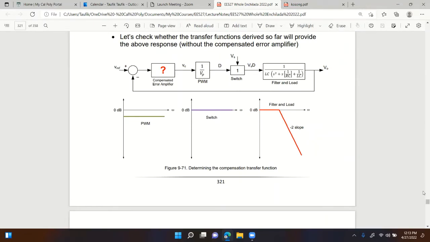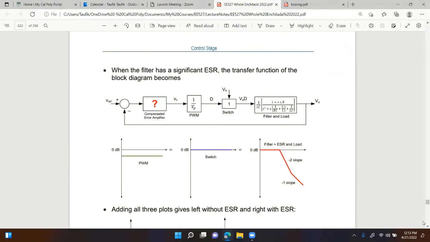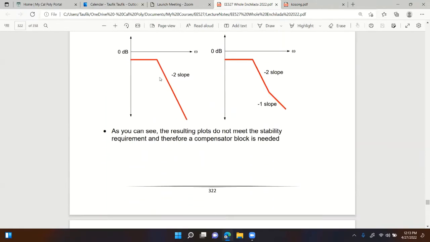So just with the three blocks right there, the PWM, switch, and filter and load, you will get something like this, right? Without ESR, you can see that the high gain is met, which is low gain, right? But the low frequency, the high frequency, I should say, the high frequencies